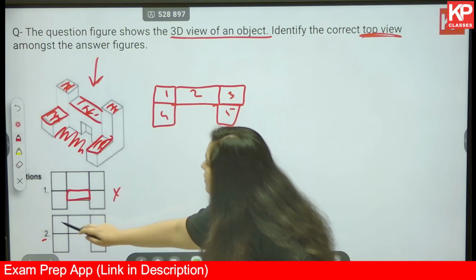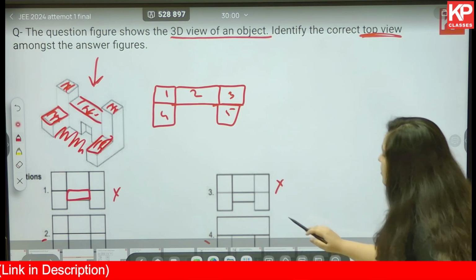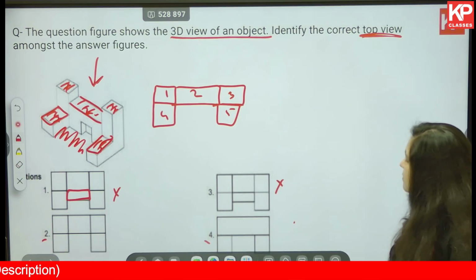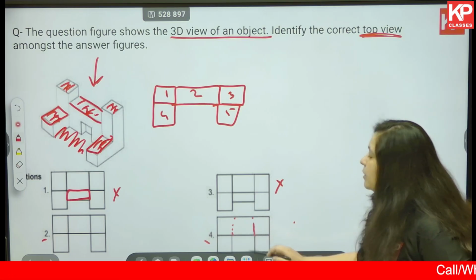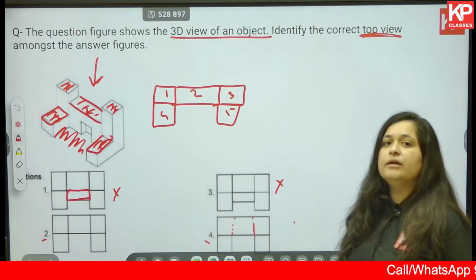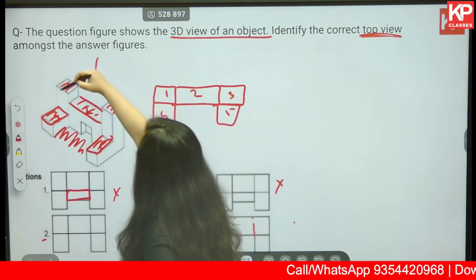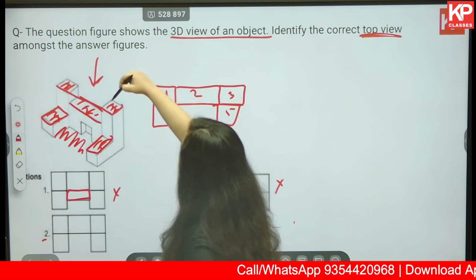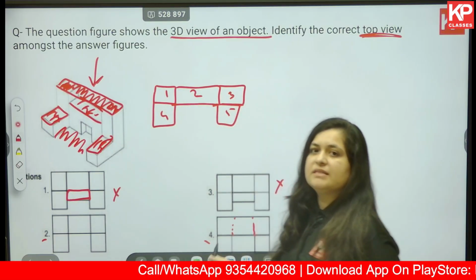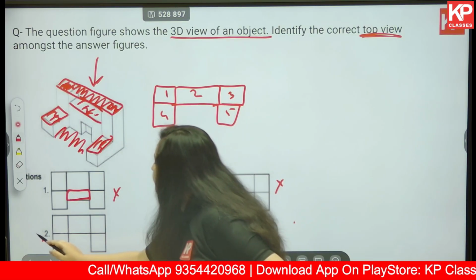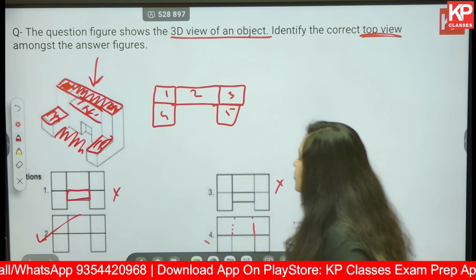In this you are able to see 3 squares, something that you should be able to see for this object, but in the fourth one you are not able to see lines drawn over here. Meaning the entire rectangle you will be able to view on the same surface. If the rectangle or the cuboid over here was something like this on the same level, you would have seen option number 4. So currently for our object, option number 2 is the correct one. Be very careful while solving these.